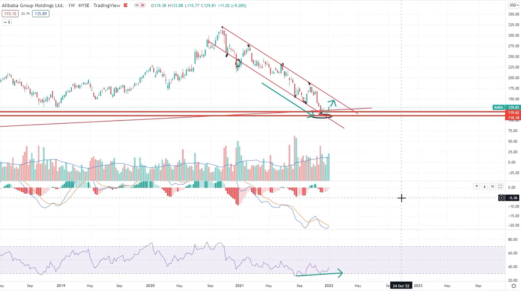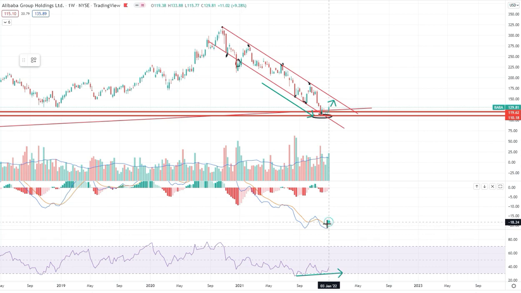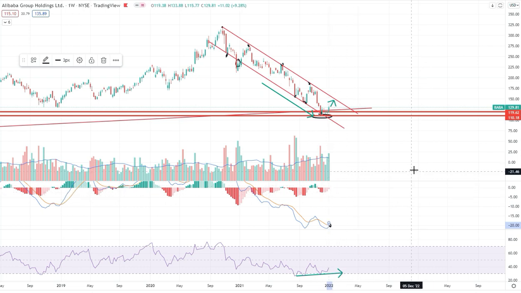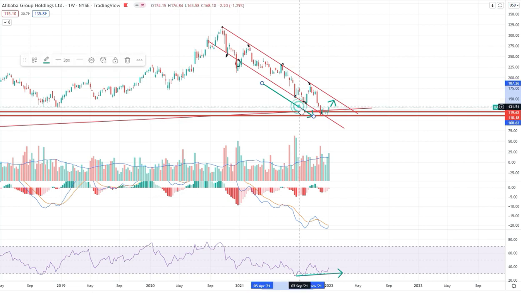The second and last thing is about the MACD. The MACD is approaching a cross of the two moving averages, and the histogram is almost going to become green positive. So these are two signs, guys, that make me think that we are close to a reversal point. I'm not focusing now on medium to long-term targets. I'm just focusing on what might happen in the short term.